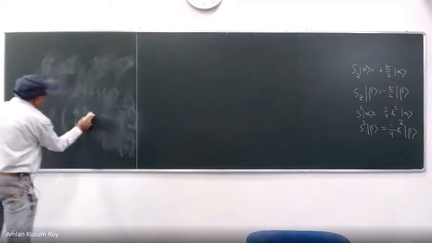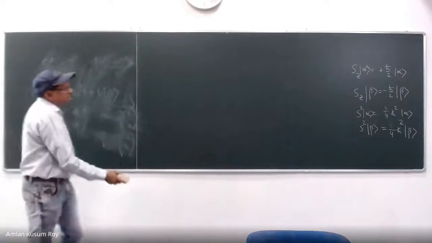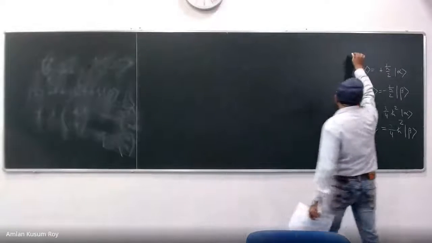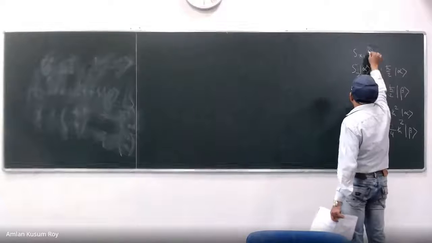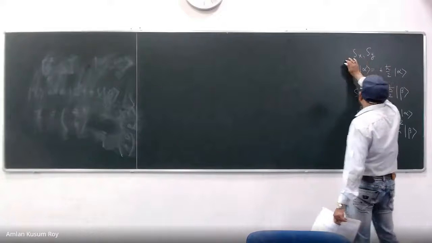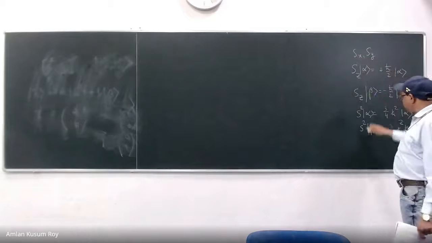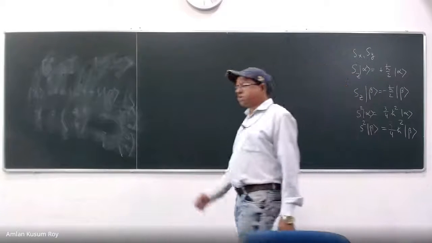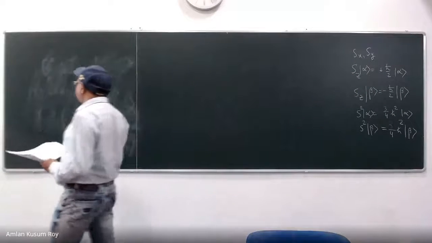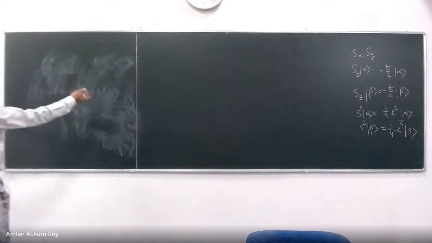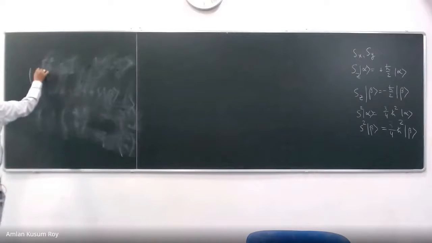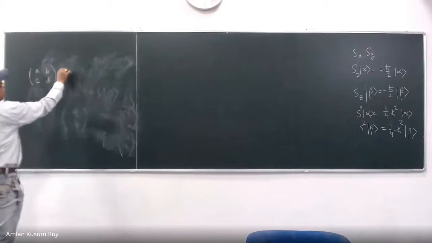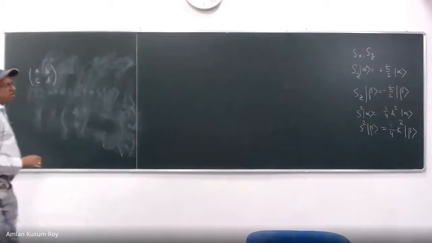So I can use S square. It is understood that all these matrices, Sx, Sy, which also have to be done in the process, will be 2 by 2. That is obvious because you have two eigenstates. So you can write A, B, C, D. This is the matrix representation of S square.